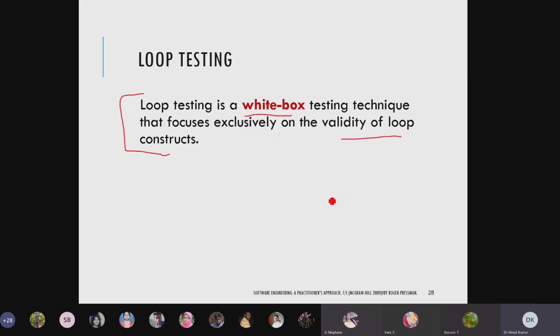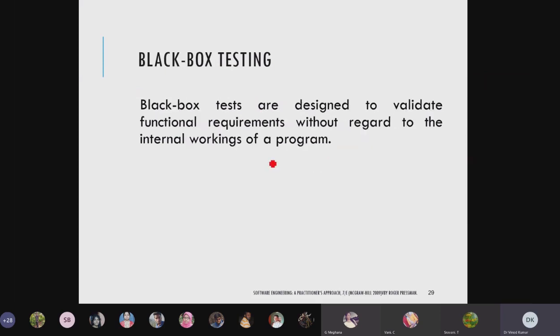What will be the initialization, the terminating conditions, is the incrementing happening or not, one increment or two increments, whatever the increment per step you are giving. So you will use the loop testing method, and this is treated as white box. Next one is black box testing.